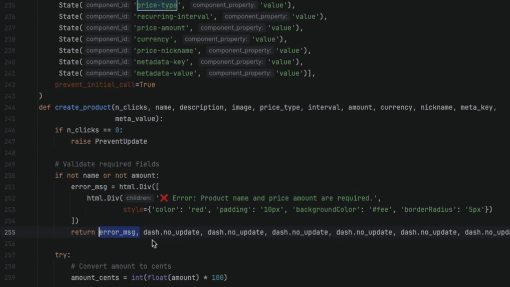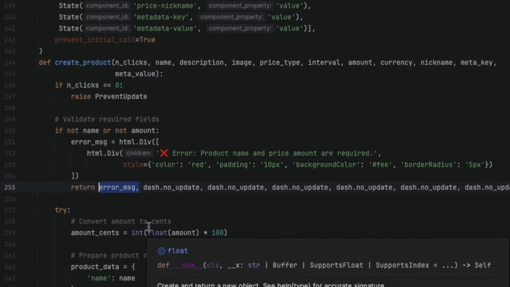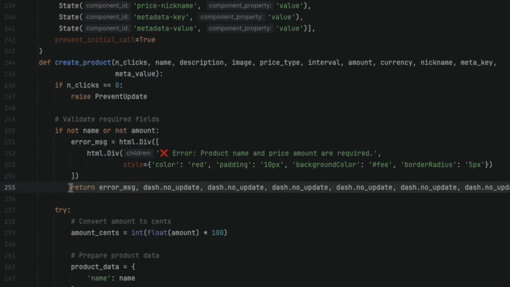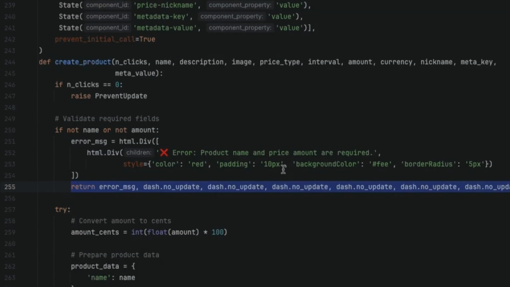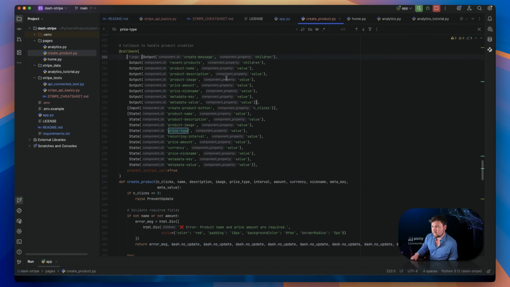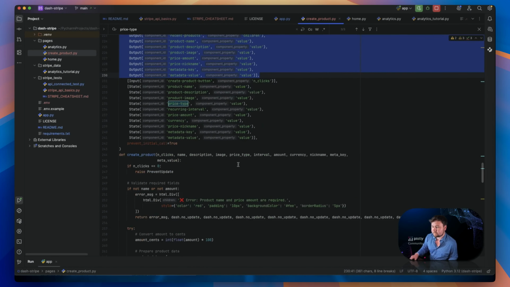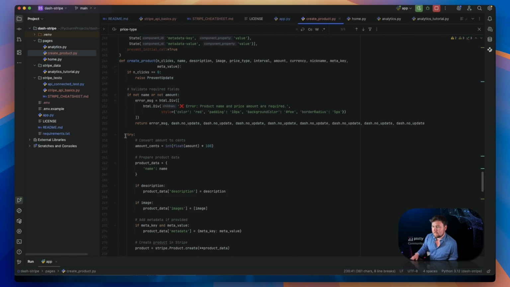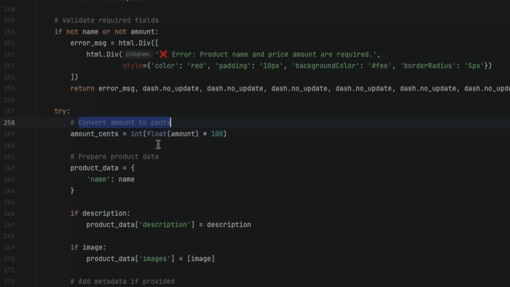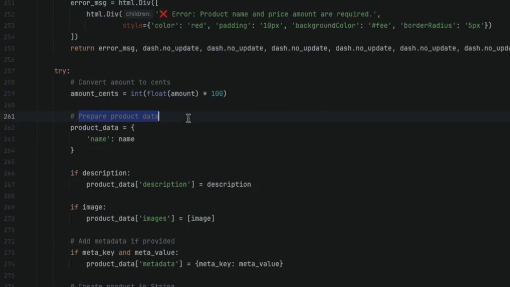That's the first output. So you can see how all this relates, where all of these returns are going to follow the same order as your returns and your outputs up here. With that, I set up this try and this except for catch-all purposes, but basically I convert the amount to cents. I prepare the product data through a dictionary, so I create this dictionary, I give it a name,